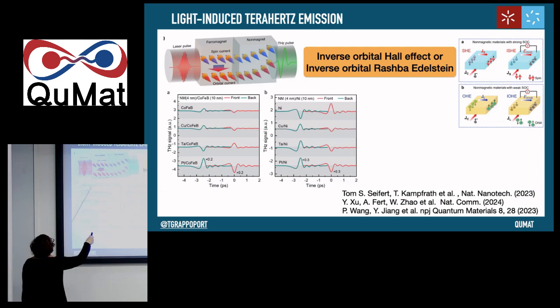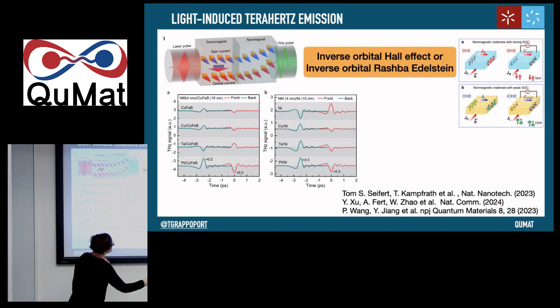It heats everything in this ferromagnet. Because these materials have different properties, there is a net current flowing in this direction, and it's strongly spin polarized. When it enters the material with spin-orbit coupling, spin up and spin down are deflected in different directions, and because there is only one population, you actually generate a charge current, which is transverse to the spin current. It decays and emits a terahertz pulse. So this is a very nice way of producing terahertz pulses, and this is now in the market.